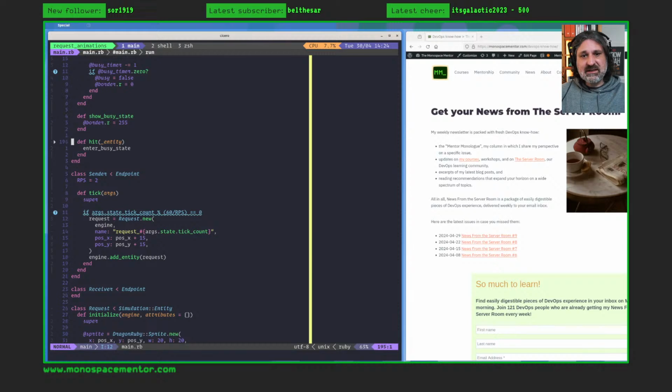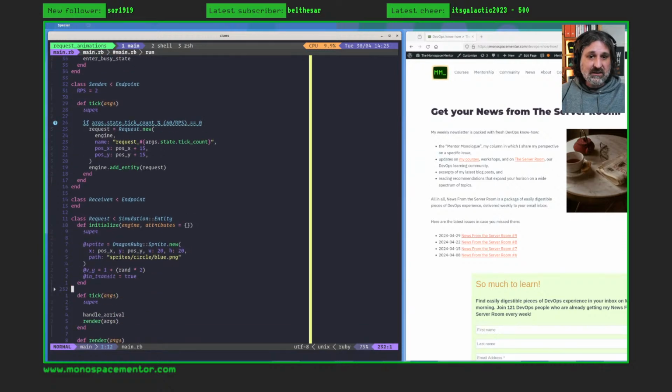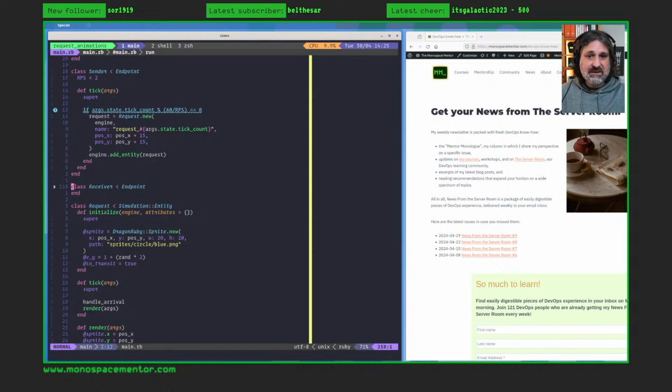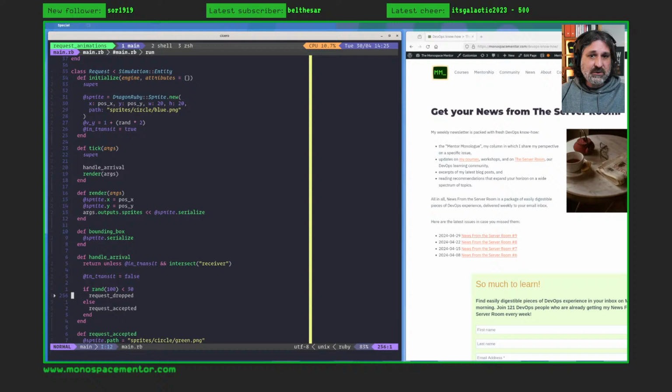And that busy state gets enabled when the endpoint gets hit by a request. And these requests are spawned by a sender, which is also an endpoint. At the moment, we have 2 requests per second. And so this sender endpoint spawns requests. And these requests then simply start wandering across the screen and going towards the receiver, which is also, as you can see, an endpoint. And here we have the request, which is apparently the most complex class at the moment,